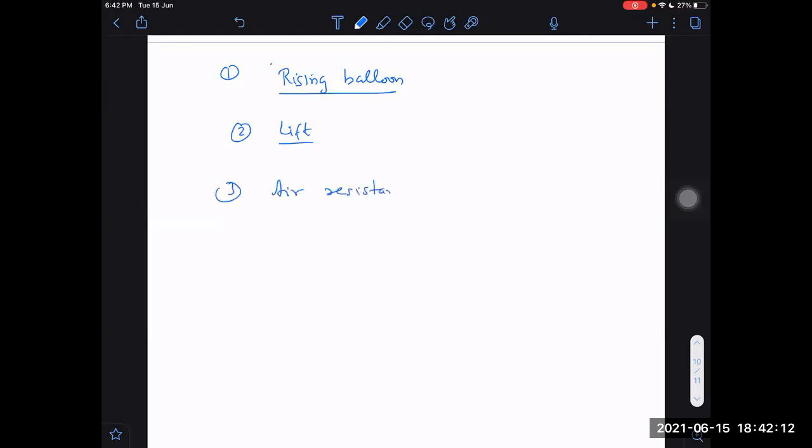Air resistance also can be of two types. It could be minus kV, it could be minus kV square, or it could be just hypothetical constant resistance. Constant resistance is not there practically. Practically, when the speed is large, the resistance will also be large, proportional to speed. But for hypothetical questions, they can give us some other resistance also. So those questions I can take.